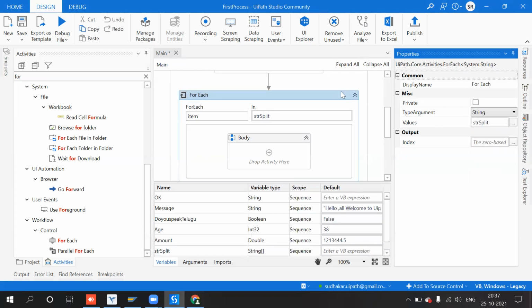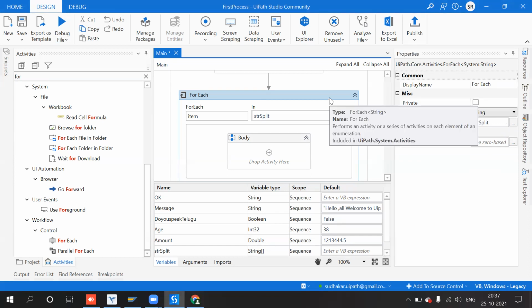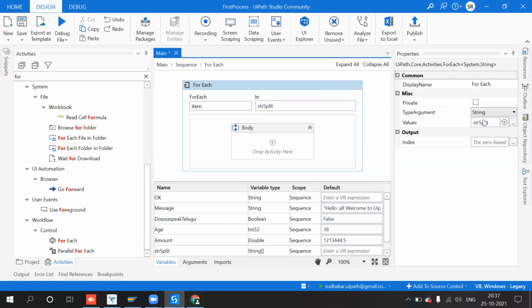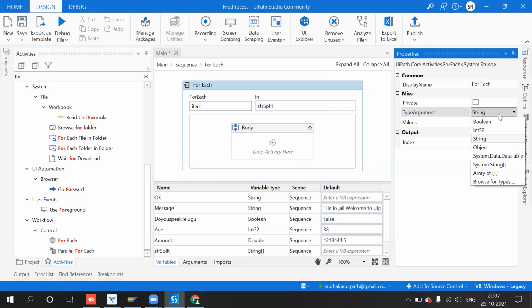So before that we had one exception, that means one error was there. Now whenever I change the type argument, it depends on the input value we are providing to the For Each. So we have to change the type argument, whether it is boolean, integer, string, object, data table or whatever it may be.